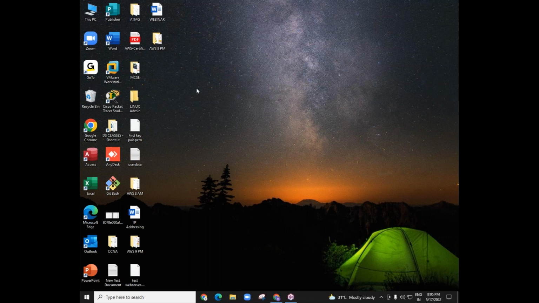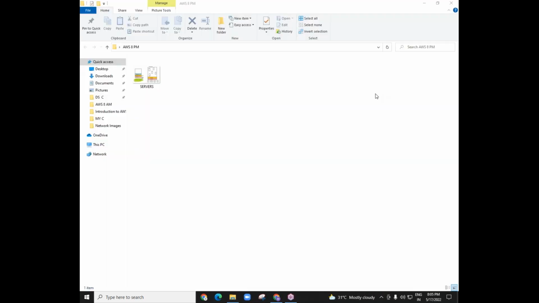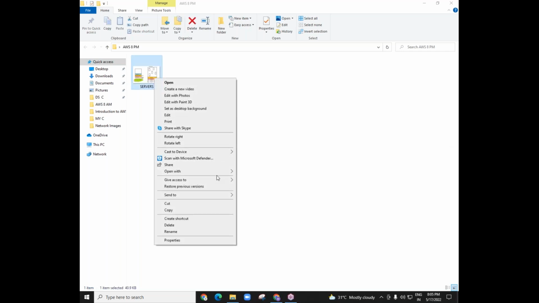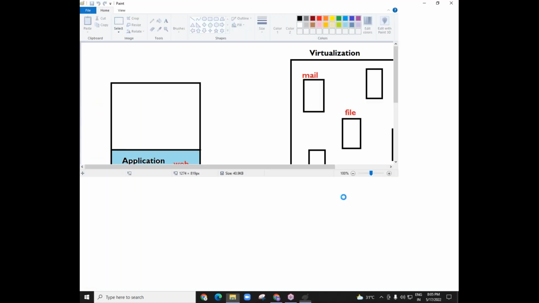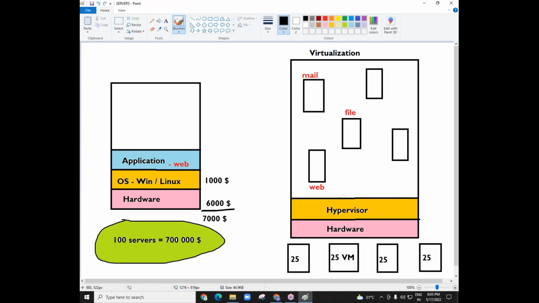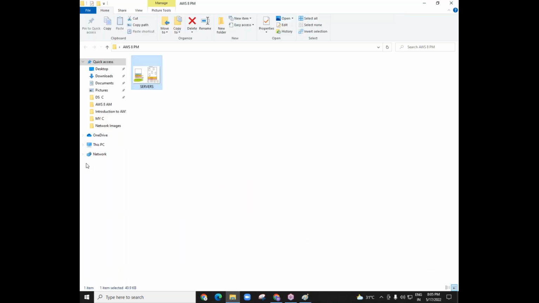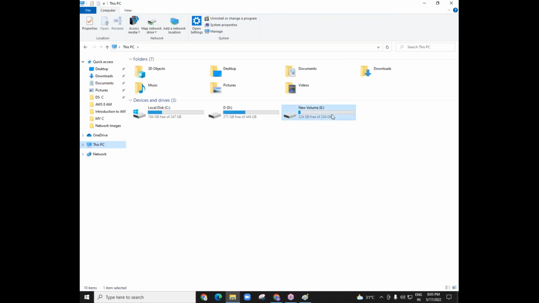So yesterday we have seen very basic things actually. We just started our demo yesterday, and let us go back and see what we have done yesterday. This is what we have seen yesterday. So I'll do some basic revision before we go to the next topic. Okay, so let me just go to what is cloud computing first.